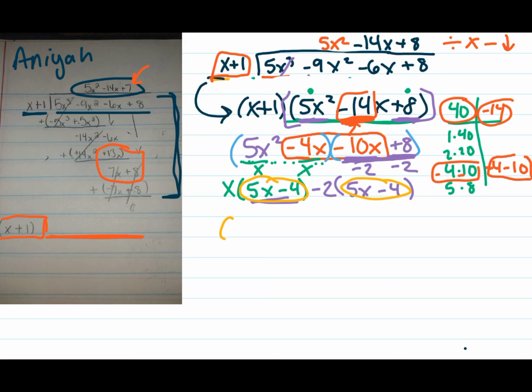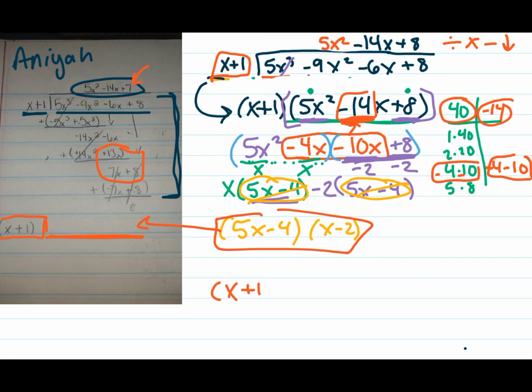So when we do that, we factor out that binomial one time, and what are we left with? x minus 2. Now remember, she is going to take this expression and put it here. So her full answer is x plus 1, the first factor she figured out, then 5x minus 4, x minus 2. It doesn't matter the order you put your linear factors in, it will